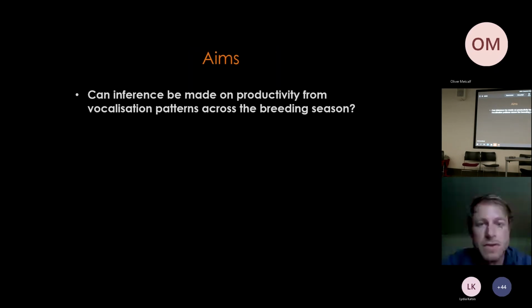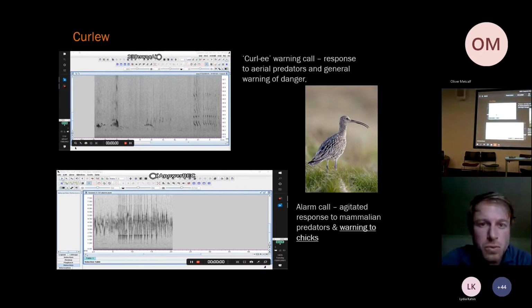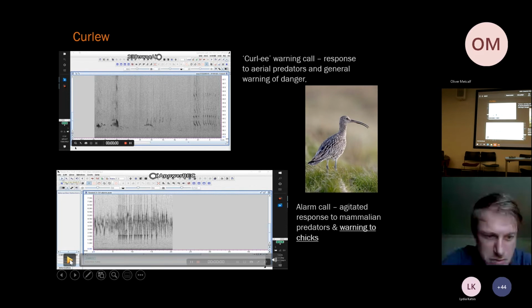Okay, so the work I'm doing is separated into a few different strands. The first thing, as I said, is I'm really interested in breeding productivity, and this question of whether you can use audio moths deployed in the breeding grounds. Can you infer whether birds are breeding productively just from the vocalization patterns that you gather from the audio recorders? And the way we might do that with a bird like curlew, for example, if I play this second call here, this second call,